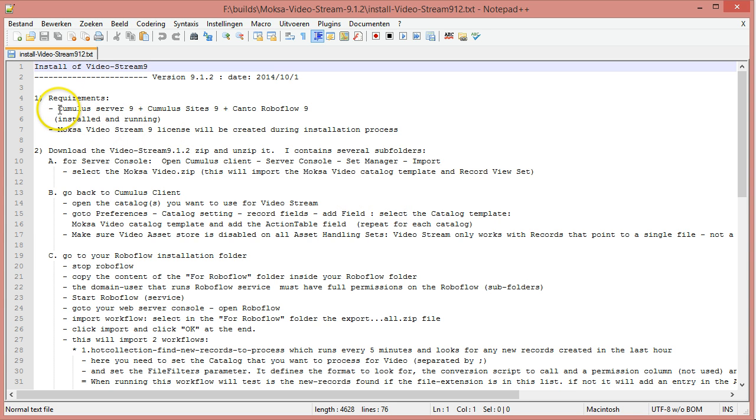First of all, it's important to know that it requires Cumulus 9 server, Cumulus 9 sites, and Canto Roboflow 9 installed and running. Moksa Video Stream 9 license will be created during the installation process. You will see it further down in the installation. Then